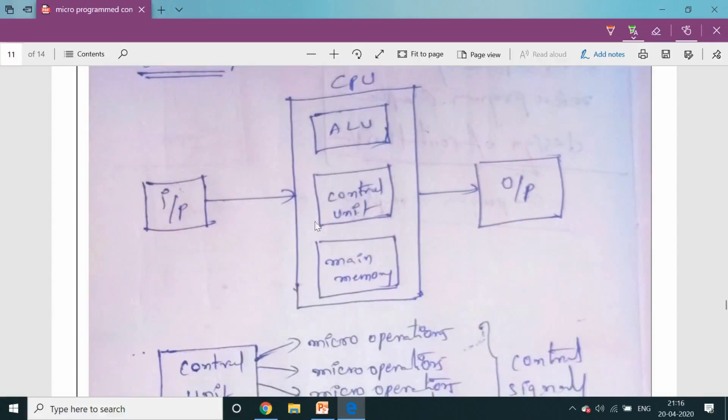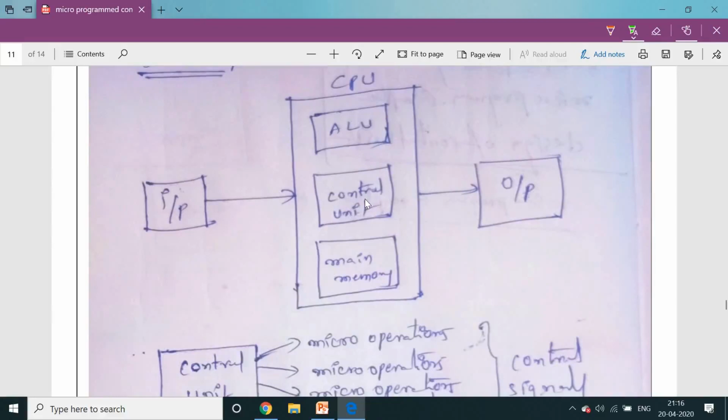Coming to the control unit, this is a very important block in this concept, because we are going to see closely, inside the block diagram of the control unit, how it works. From input devices to output, we are processing some binary information with the help of the CPU. The middle block is the control unit.